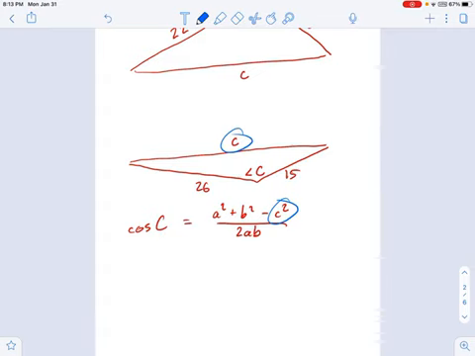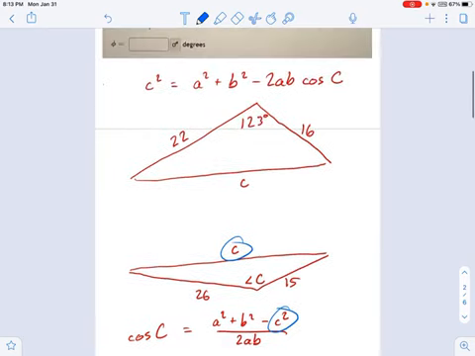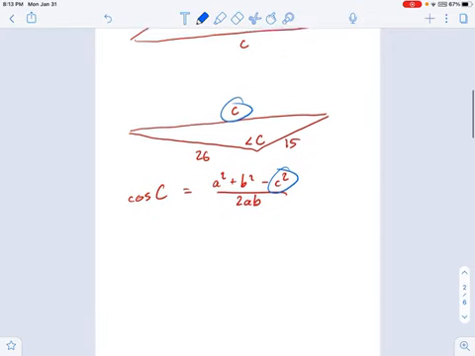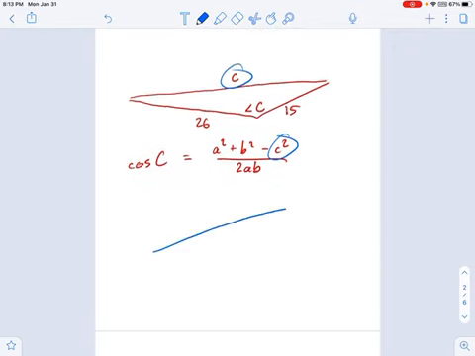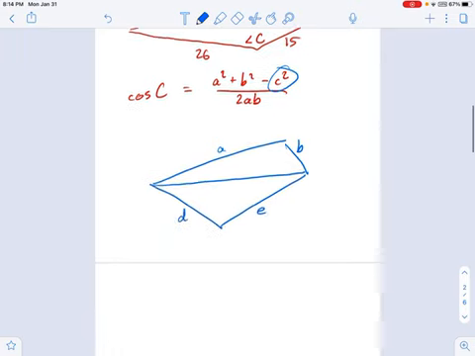There's another version of this problem which asks you for the area of the quadrilateral. And I just want to go over how you would do that. If you're given a quadrilateral like this, okay, you imagine that it's two triangles mushed together, and you're given some information about the sides. Let's call these A, B. I'm just going to label them D and E, okay? Those are your sides of the quadrilateral. If I wanted to know the area, well, I would need to use the law of cosines to find that line that cuts down the middle.